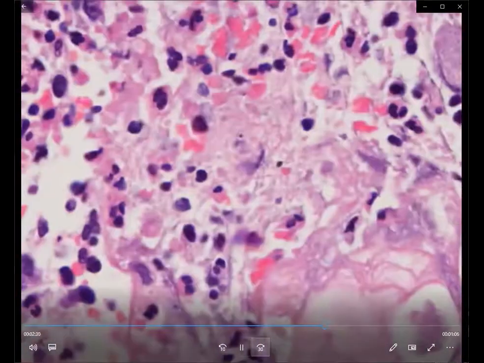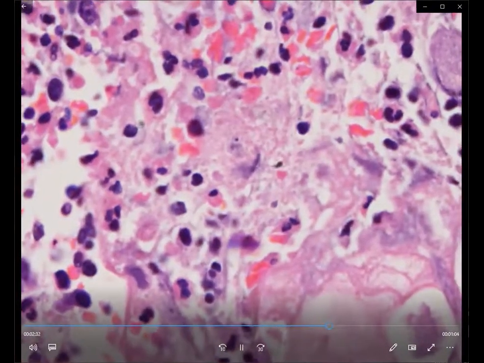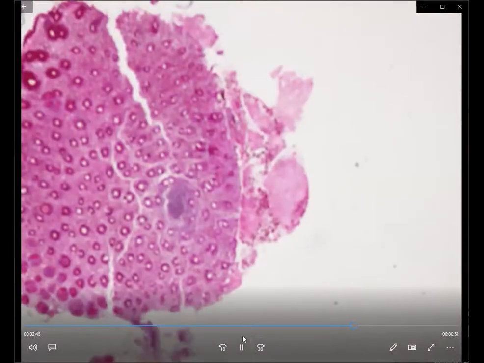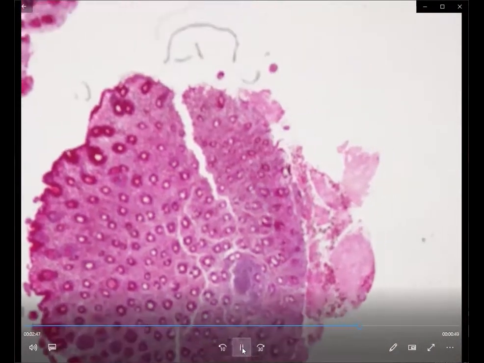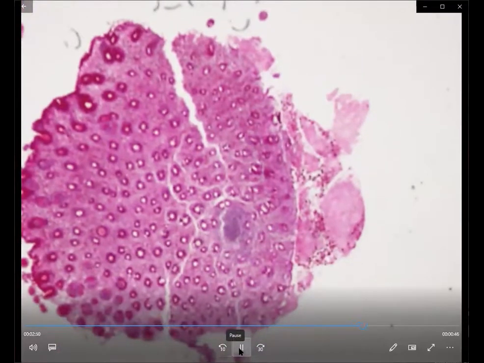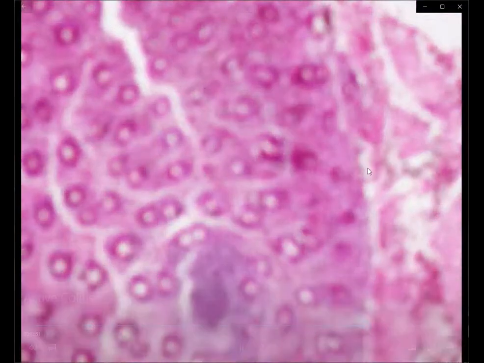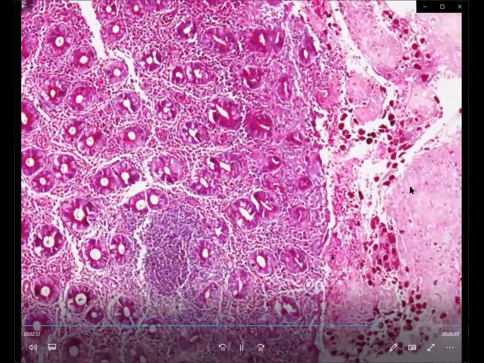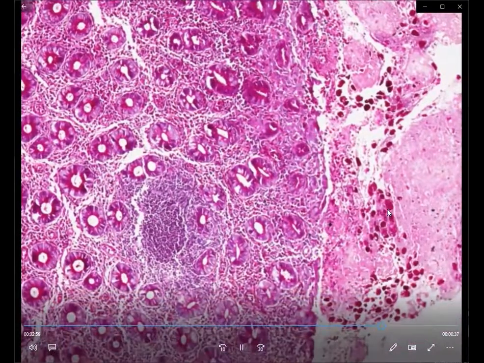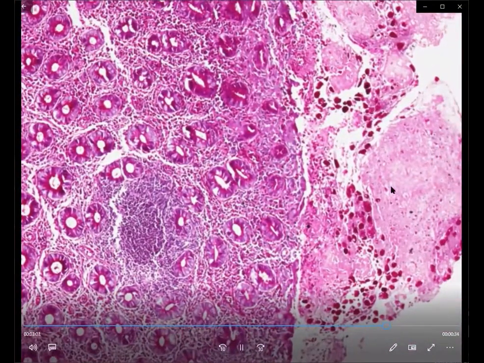Many people are going to do a special stain, that is a PAS stain, to confirm their presence, but actually the findings on the histology are in themselves confirmatory for amoebic trophozoites. The idea of getting a PAS stain done is, if you are not able to identify them properly, they will become more prominent when you do a PAS stain. So for this case, if you do a PAS stain within the ulcer slough, you are able to identify them more beautifully. They will all be PAS positive, they take up the magenta color, and you will be able to identify them more easily.